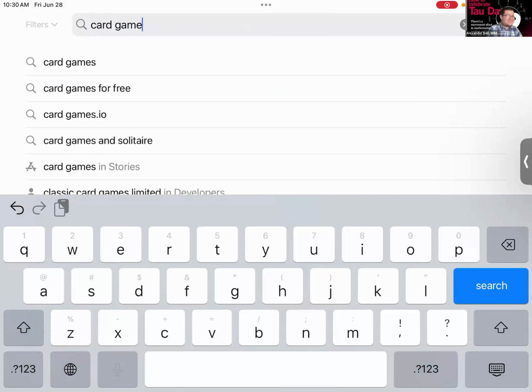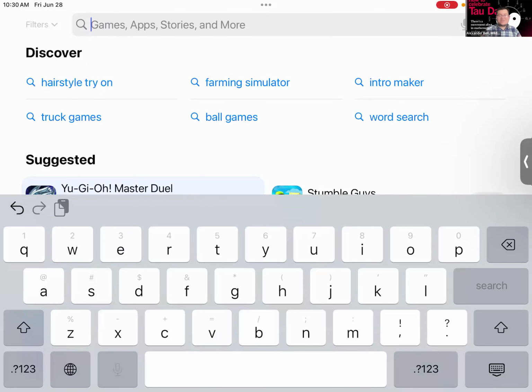Like if you want card games, you can type in card games. You want board games, you want trivia, if you want lifestyle, if you want food, if you want weather, if you want education, any kind of app. Maybe you have an Android phone, maybe you can see if a similar app is on the iPad, right? Or if you have an iPhone and you like an app that's on the phone, but maybe you just want to see how it is on your pad.